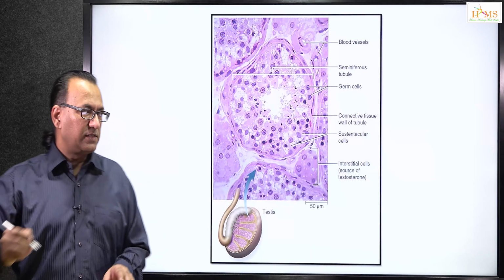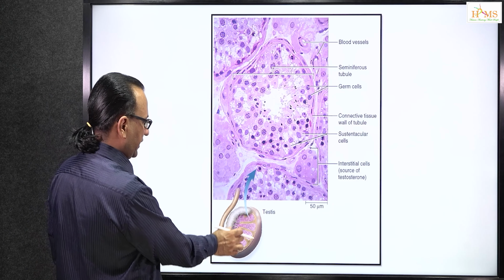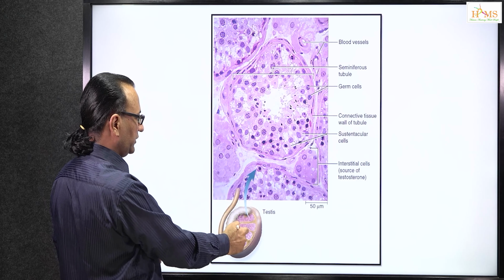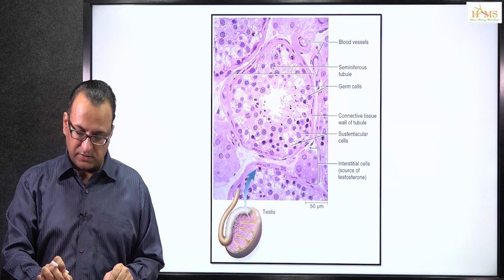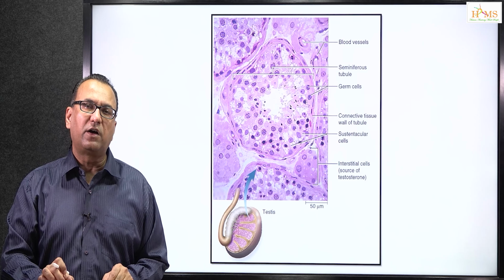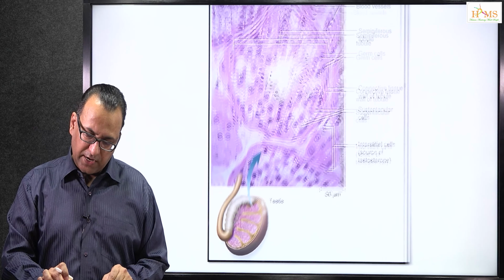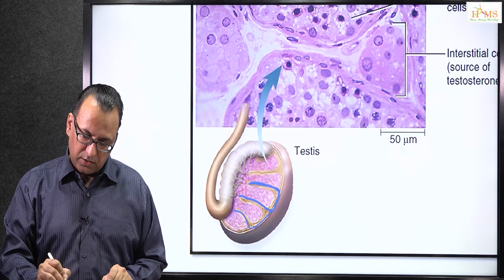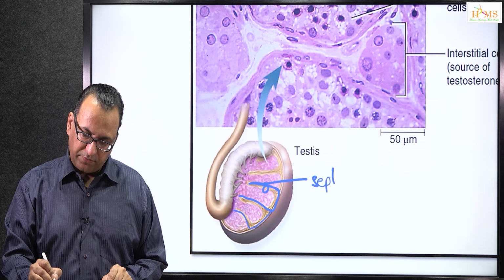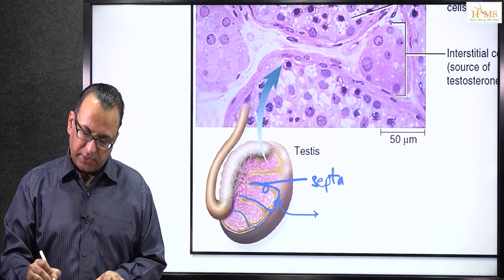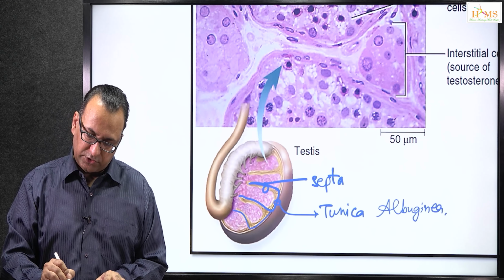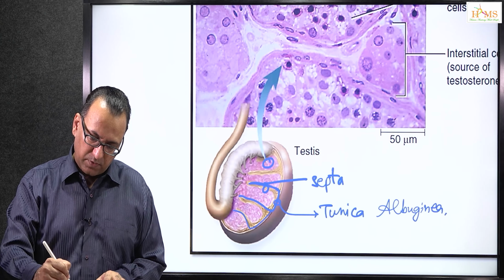Now let us look at the diagram of testis and discuss some details of the seminiferous tubule. Here we can see we are looking at the testis. Let us zoom on this area first before we look at the histological features. We mentioned that the testis is the male gonad covered by the tunica albuginea, which is sending the septations towards the interior. So these are the septa separating the seminiferous tubules, and the connective tissue is named as the tunica albuginea,